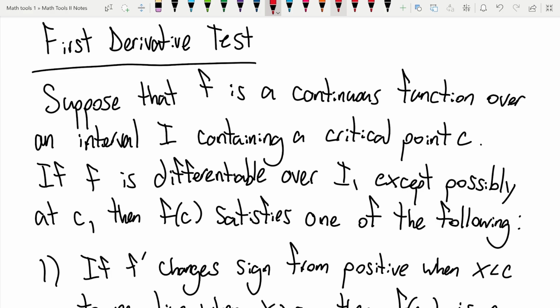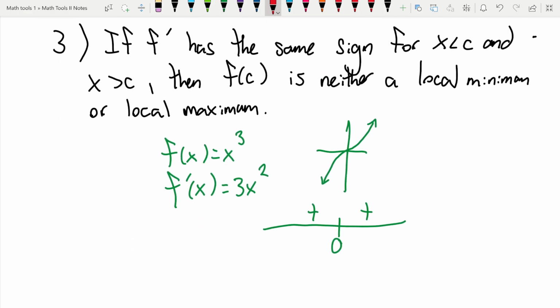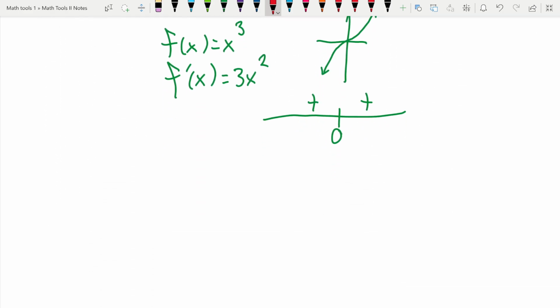So when we look at things like 1 over x, that's not really satisfied here, right? 1 over x is not continuous, namely at x equals 0. So we can't apply the first derivative test to it, even though the rest of the conditions would be satisfied, right? It's differentiable everywhere except at 0, has a critical point at 0, and it does